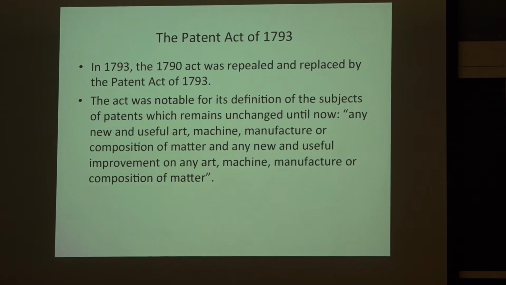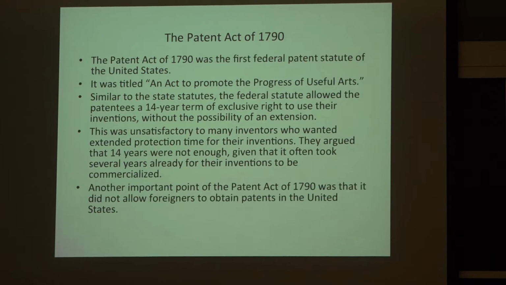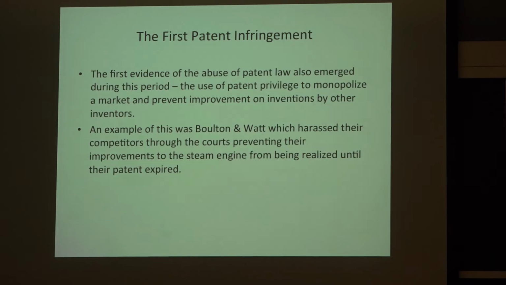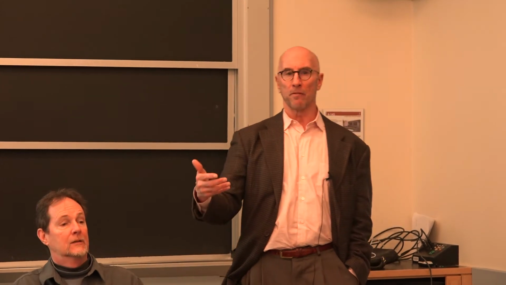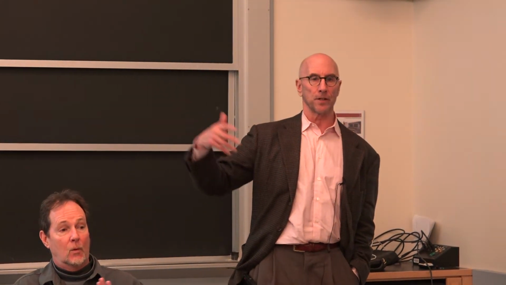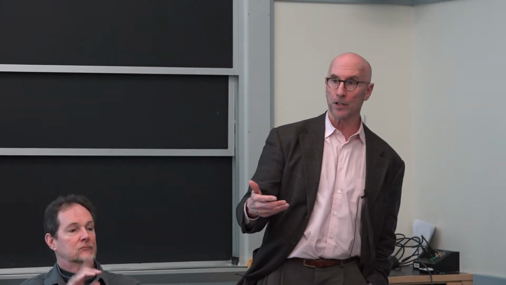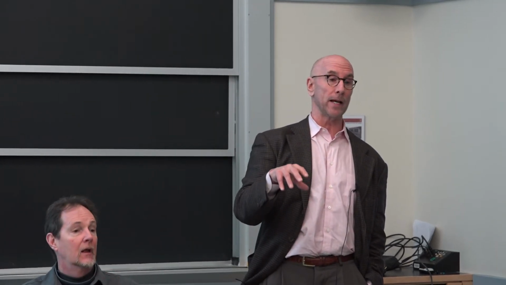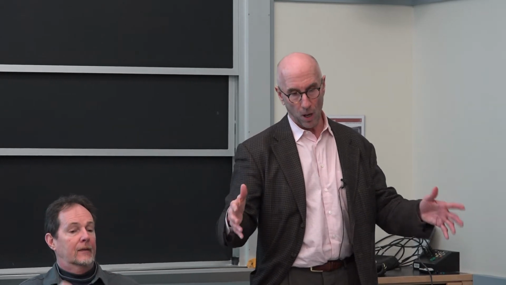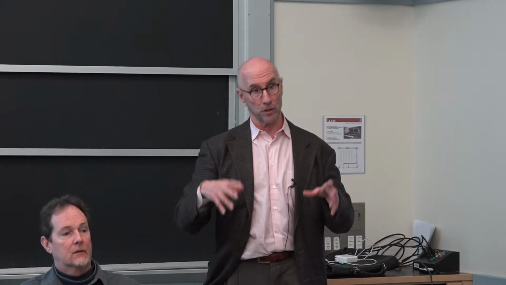Without going into all the details of the Patent Act of 1790 and 1793 and subsequently, what you'd learn by going through that is that the law evolved slowly. In 1790, the term of a patent was only 14 years. Under the 1793 statute, the term of a patent was increased to 20 years. Under the 1793 statute, also, for the first time, they created a central office that governed patents and administered patents,